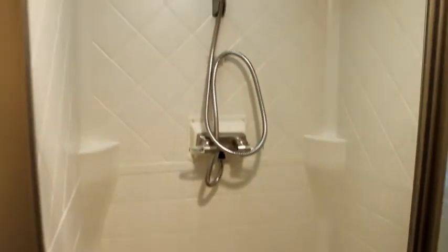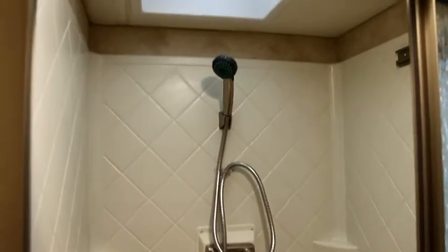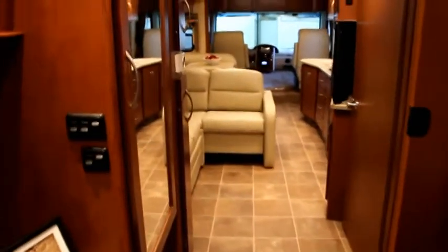What I love about the Serrano is this new shower. Nice and large shower, giving you lots of room to enjoy a hot shower on a cool day. Skylight to let in lots of natural light. Just absolutely phenomenal. As we take a walk up front again,